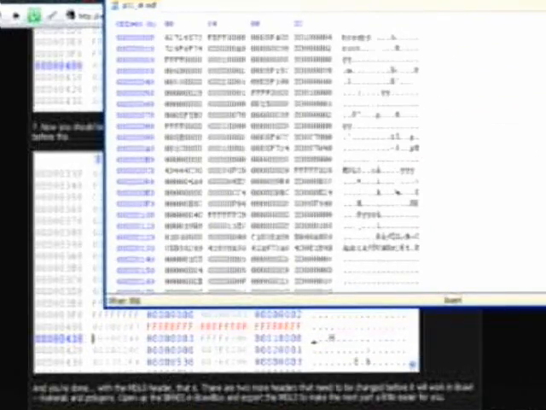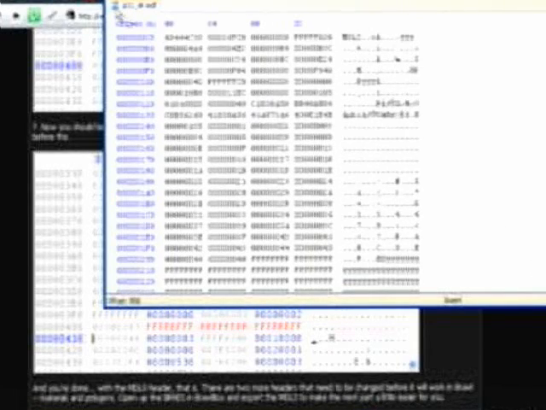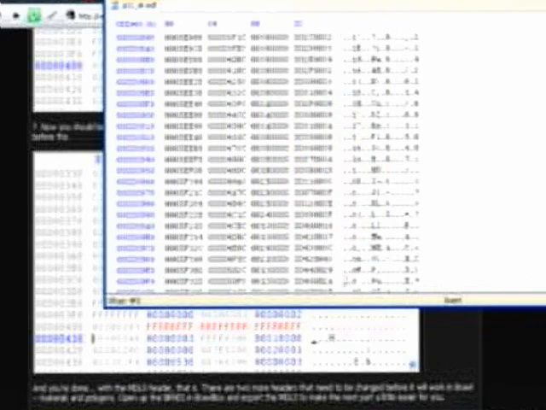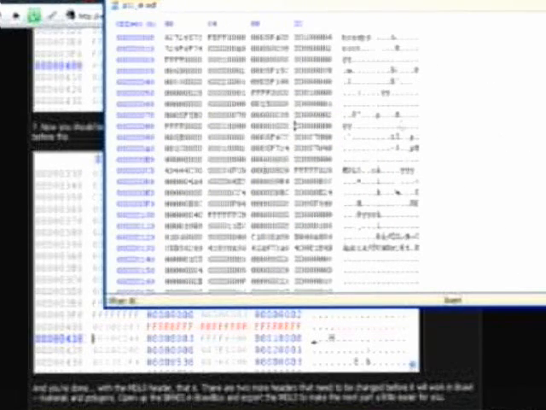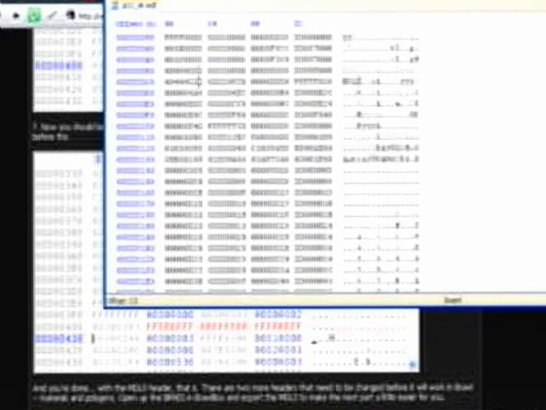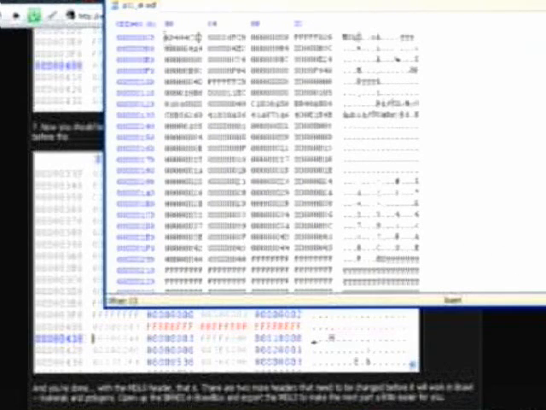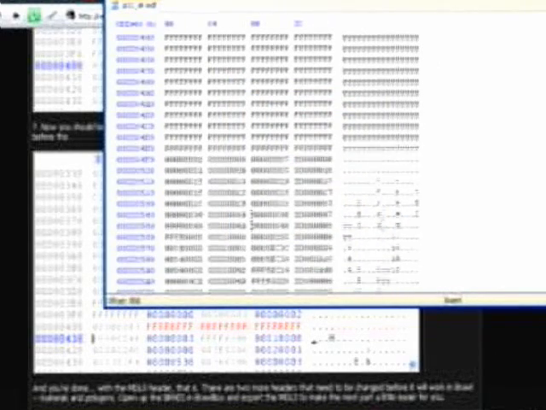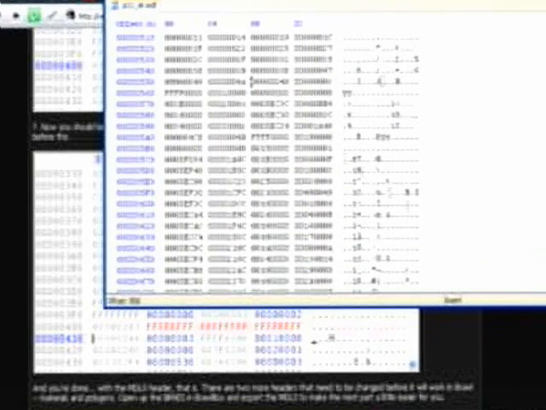Okay, so let me just do that again, just make sure I'm at the right spot. Oh crap, I didn't do that right at all. It's really important you had the tick mark right at the top, right here, or else you will go to the wrong place and you'll change something that doesn't need to be changed and you'll be like, what's going on here? Anyway,